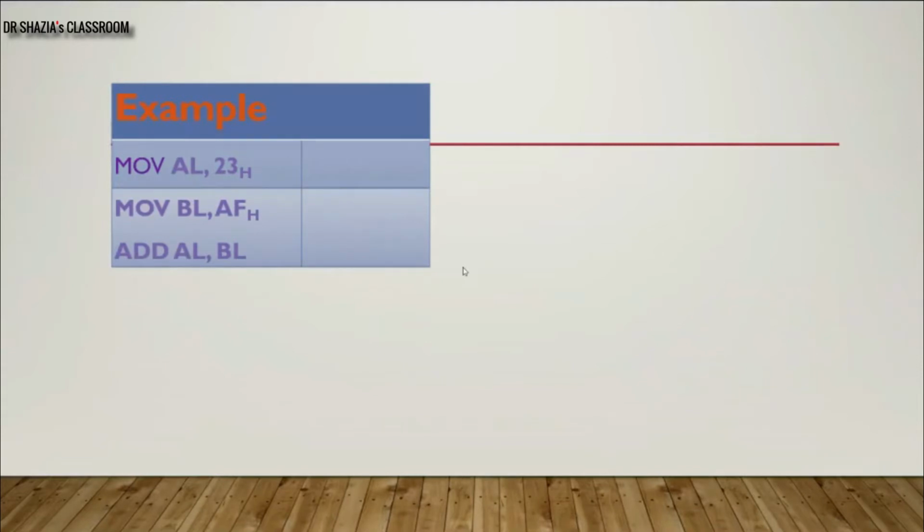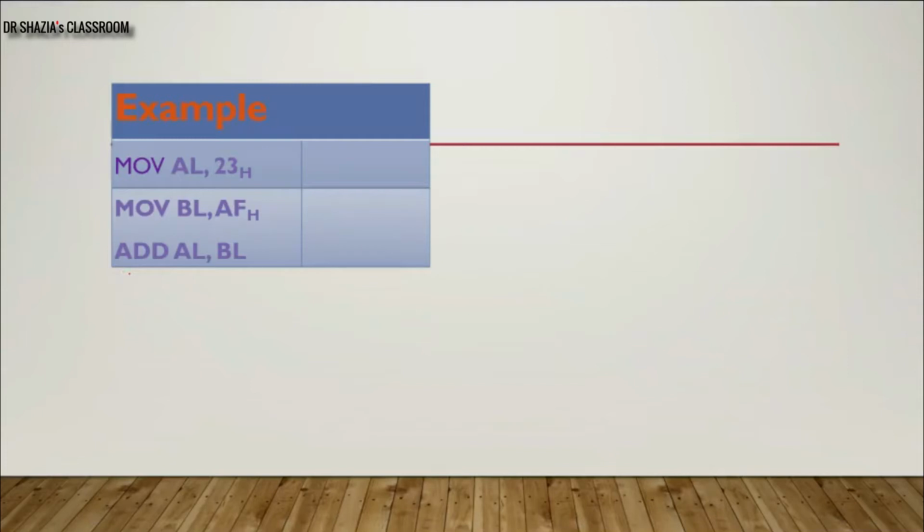First I'm writing MOV AL, 23H. This particular instruction will copy this immediate data 23H onto the AL register. Then I'm writing MOV BL, AFH. This will copy the data AFH onto the BL register.